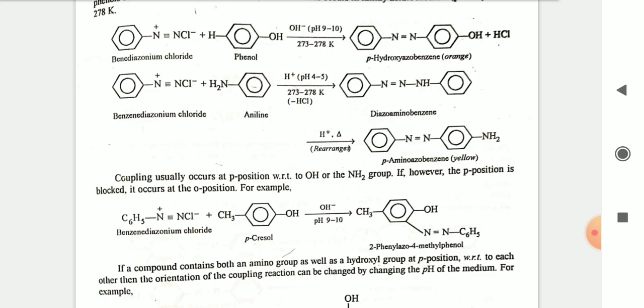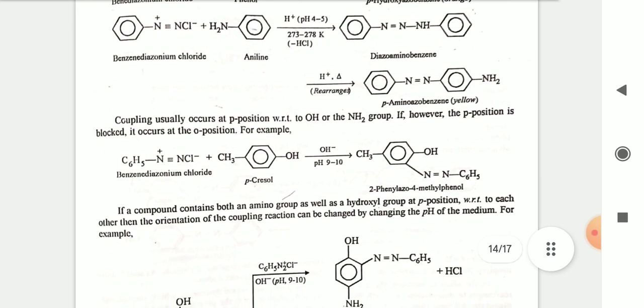After that, H+ and heating rearrange it to give p-aminoazobenzene, which has a yellow color. Coupling usually occurs at the para position with respect to the OH or NH2 group. If, however, the para position is blocked, it occurs at the ortho position. For example, benzene diazonium chloride plus p-cresol will give